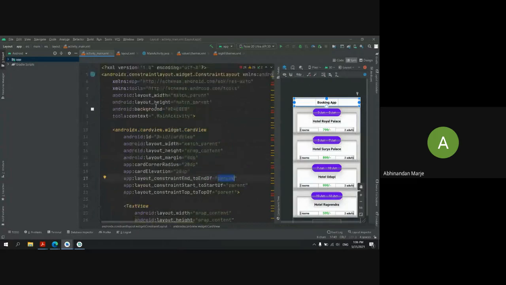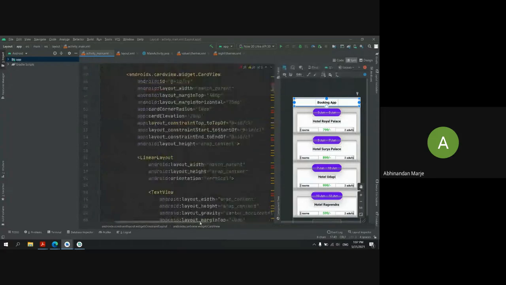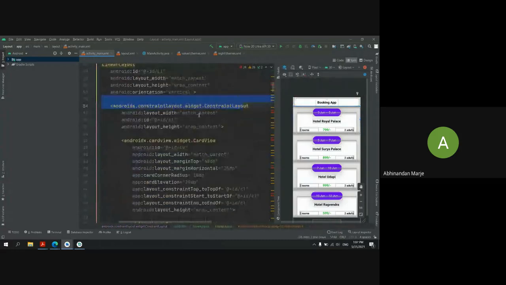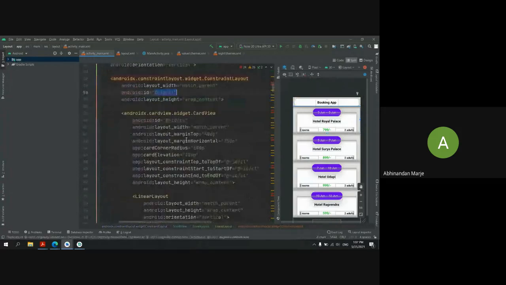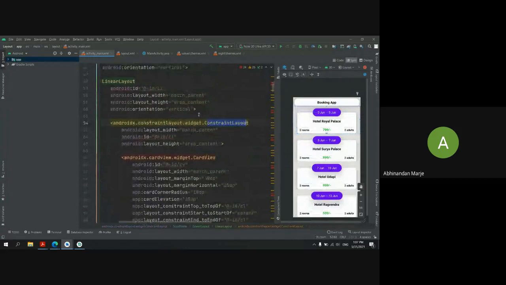Let's see where I can show you. You can see this card view inside this constraint layout. Here I am constraining it with this constraint layout, which has the ID of CL. If I make the top view, let's say the start, start means this side constraint view, and I change it to the parent, it is now going behind my constraint layout and attaching to this constraint layout.